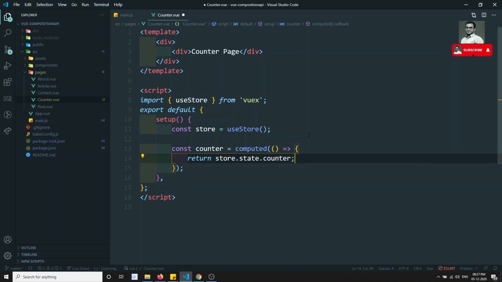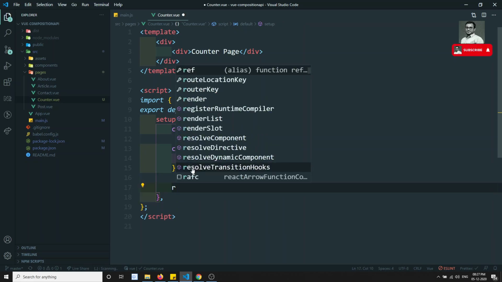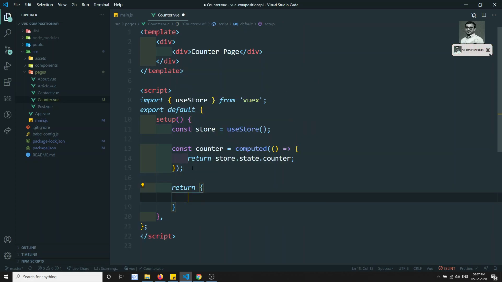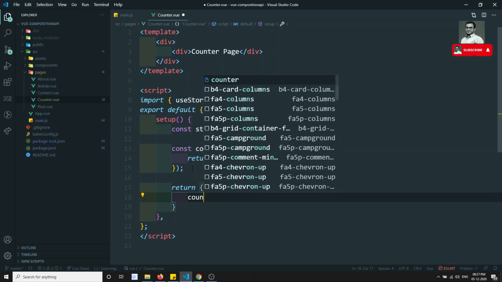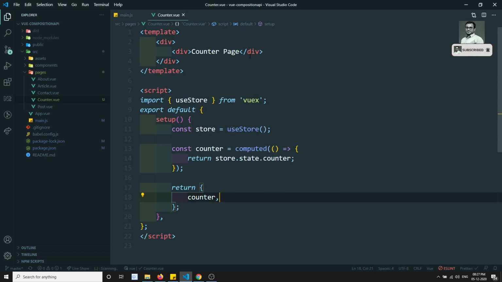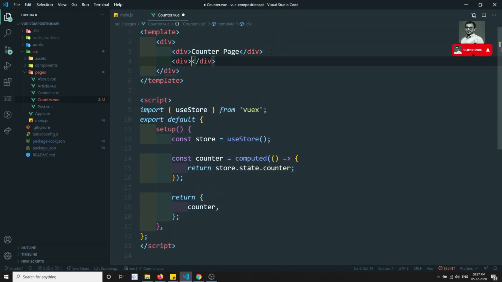Okay, so as this counter is updated in any other component or anywhere, it has to react according to that, right? So that's why you need to add it in the computed. Now we need to return this counter, and in the div I am showing the counter here.